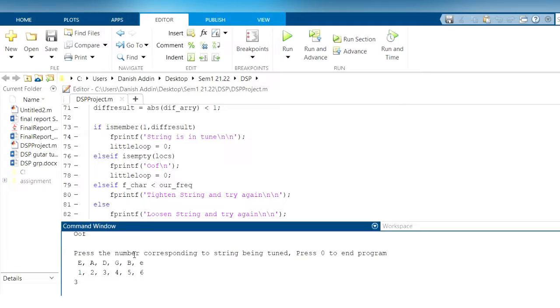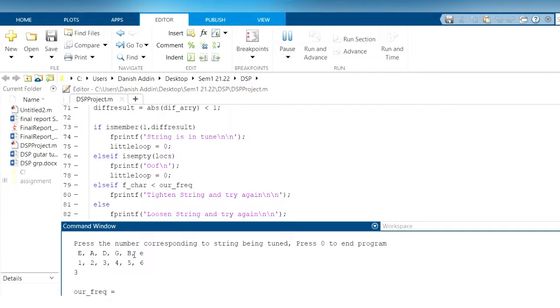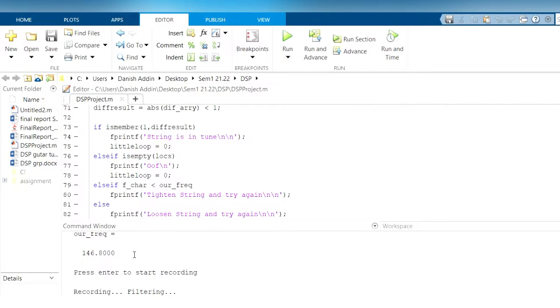So we press the enter button again, and then we start recording.